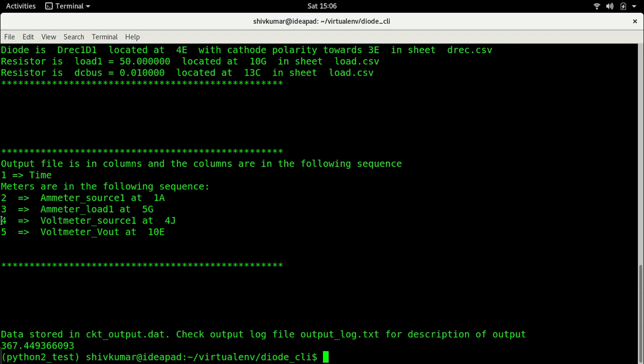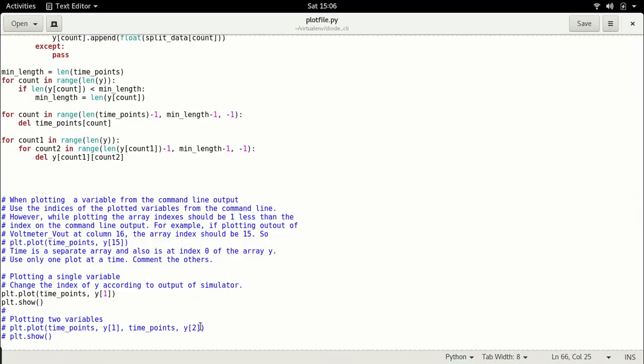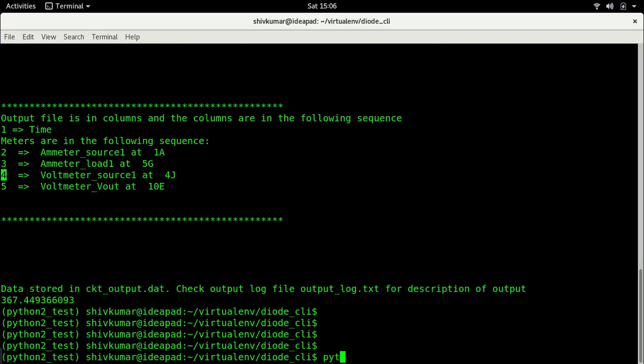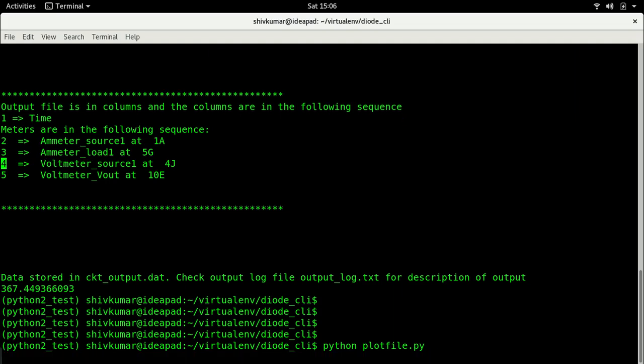Whatever is done, take away 1. So we want this number 4 to be plotted. So it has to be number 3 in the array. So let's put this as number 3. Save it. Let's come below to the command line and plot the file. So I'm going to say the same command, Python plot file, because it's a Python file. So if it's a Python file, it has to be run with the Python command. So you see,